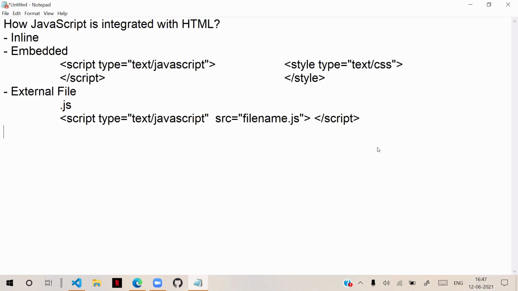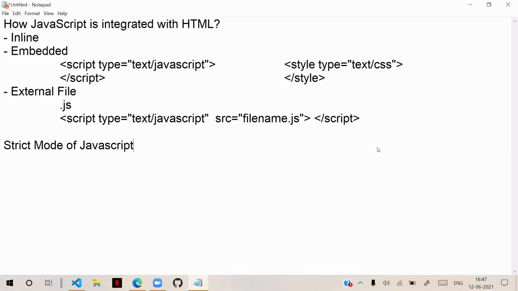That is external file, how we can configure and work with them. This is the first concept you need to understand, how JavaScript is integrated in HTML. Okay. Second point. When you are writing JavaScript, you need to know about the strict mode of JavaScript. What is strict mode, and why use strict mode for JavaScript?